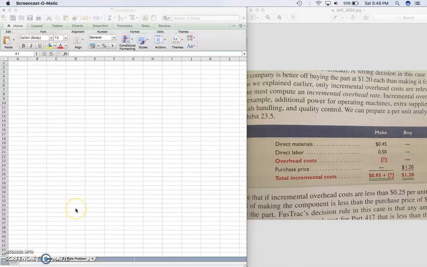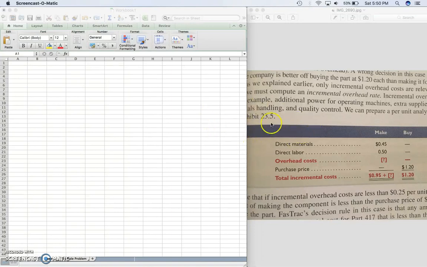All right, so this is make or buy for managerial accounting, chapter 23. For make or buy, the first things that we have to think about besides whether to make or buy is the incremental costs, which are additional costs if a company pursues a certain course of action. So in the book, page 989,